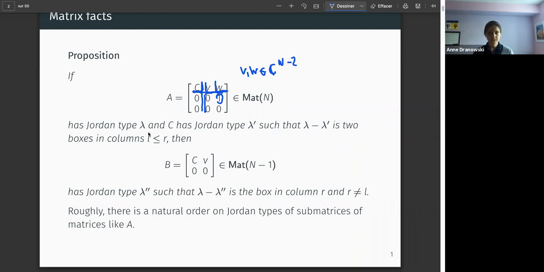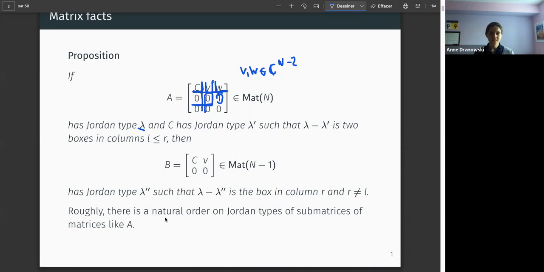And I assume that my matrix A has Jordan type lambda and my matrix C has Jordan type lambda prime, which viewed as nested Young diagrams differ in exactly 2 boxes. Then the assumption on what A looks like actually forces those 2 boxes to not occupy the same column, and the intermediate submatrix B to have a Jordan type which differs from that of A in the rightmost of those 2 boxes. So it's, I think, kind of a cute matrix fact,